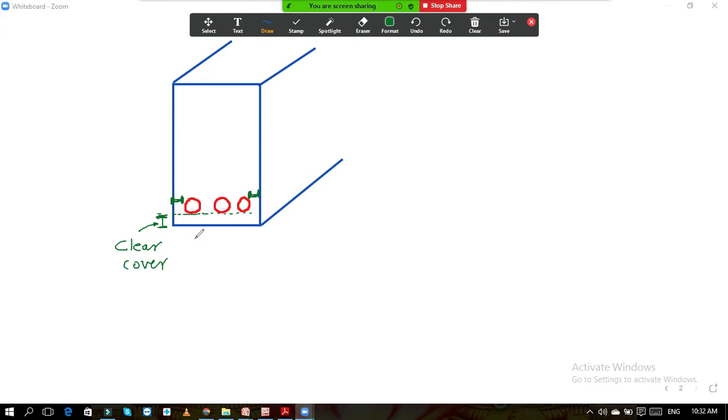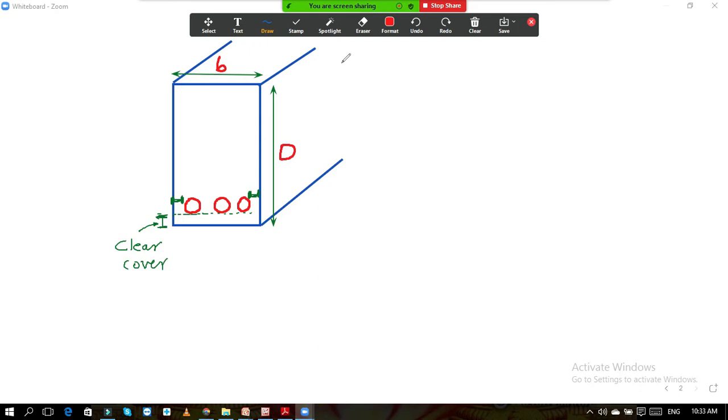Just to understand. We know that this is the width of the section, this is our B, and this is the overall depth of the section from this point to this point. This is your B, width of the section, and this is the overall depth, capital D. Whenever I use the small d notation in this subject, you must understand that it is the effective depth, and whenever I use capital D, it is the overall depth.